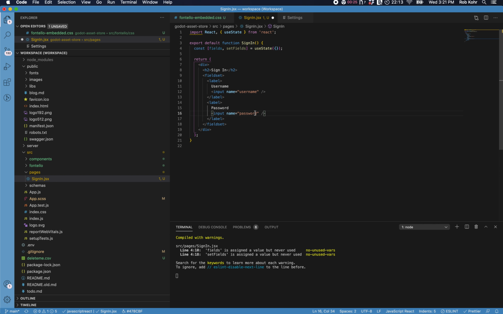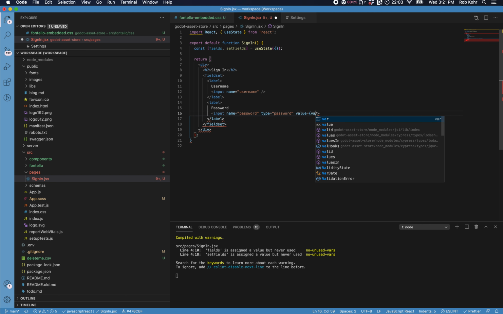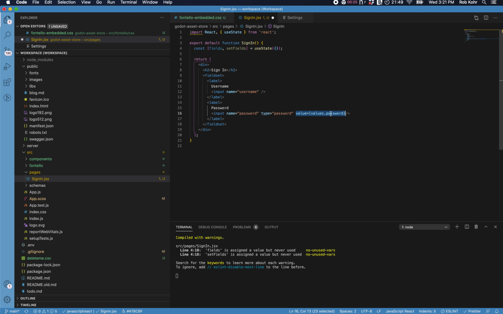And then type equals password. Value equals values password. We can also just do values password. We can do the same thing for this. And then change equals